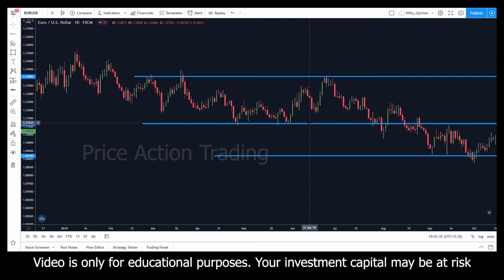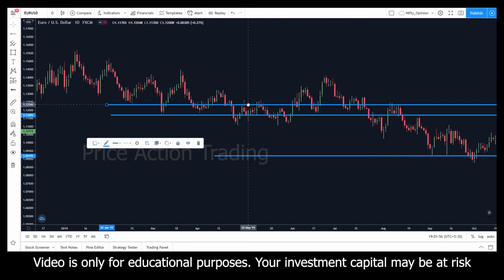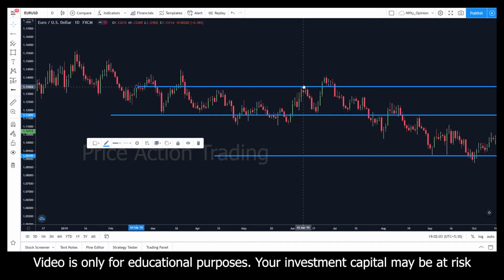Doesn't mean don't go for a support line which has only 1 touch, but one which has made like 5 touches, 10 touches, it's not good. If you're marking the levels in a very tight range, let's see if I mark this and this, it is not good. It's ugly and it's not reliable. So mark a good touch. See 1 and 2, at least 2 touches are there, and there is also a 3rd touch.